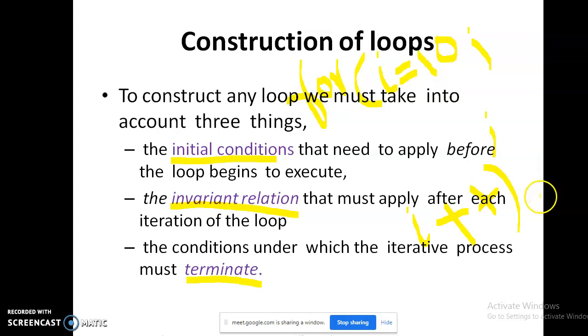The last part is known as the invariant relation. That is, i plus plus is known as the invariant relation. If you want to increment by 1, we can use i plus plus. If you want to increment by 2, we can change this invariant relation to i equal to i plus 2.